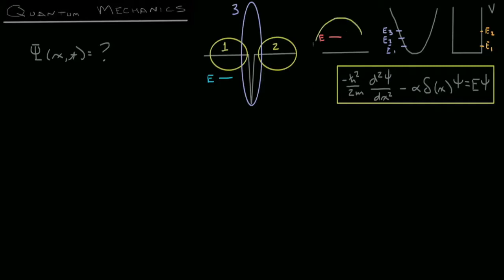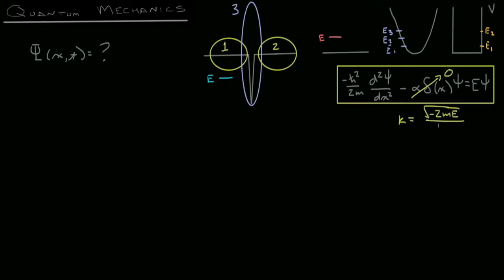This isn't unlike the free particle solutions, except in the free particle solutions, we had the energy greater than the potential. But in this case, we're going to give the energy of the wave an energy less than the potential in that region. And we'll remember that in regions 1 and 2, the delta function is going to be 0. And to simplify our calculations, we're going to make a substitution that says k equals the square root of negative 2mE